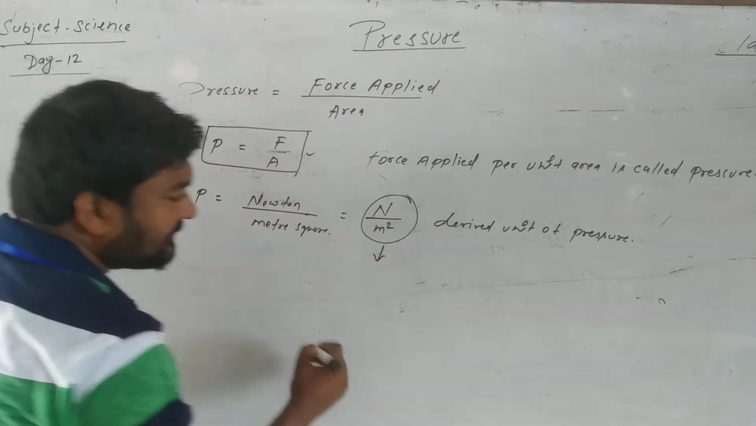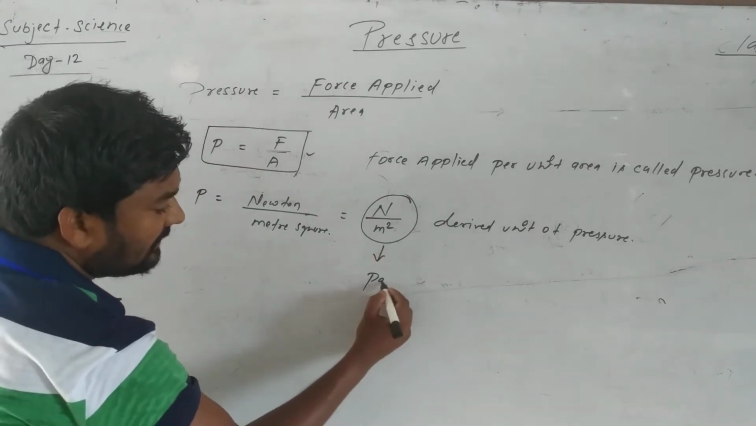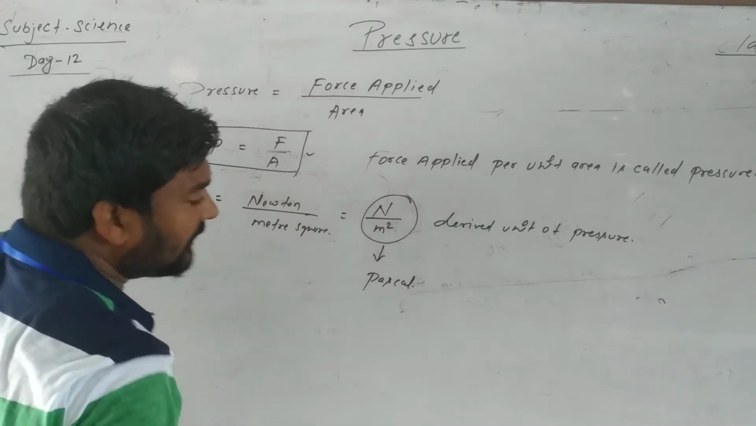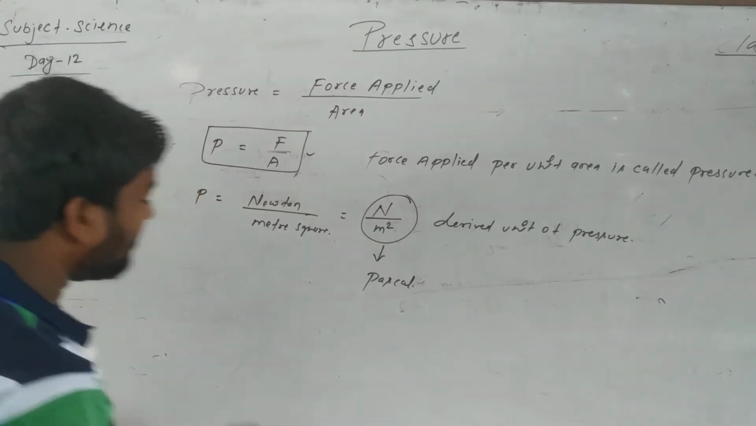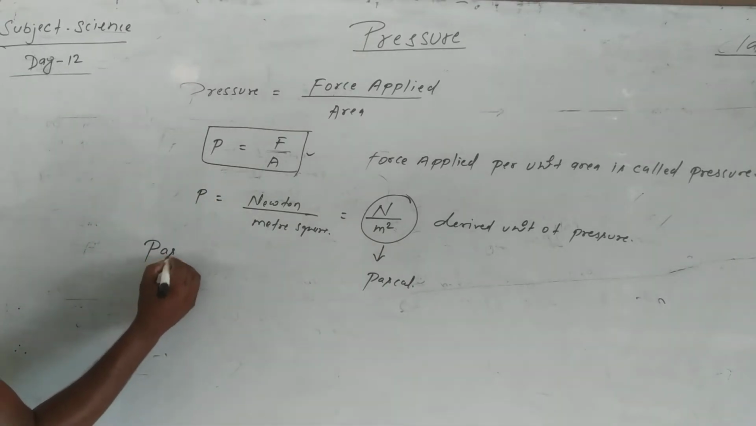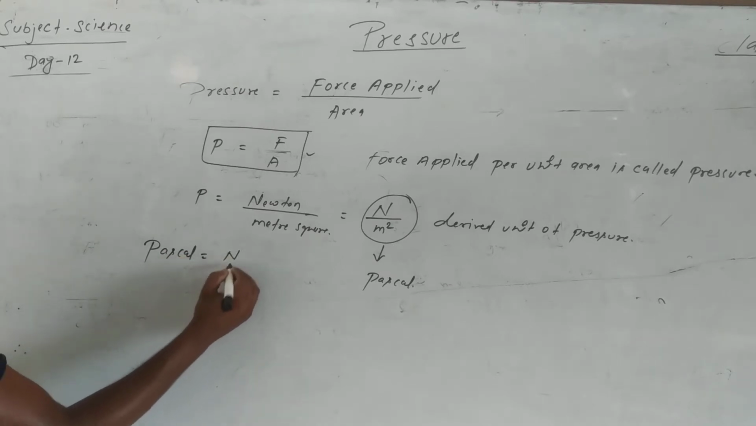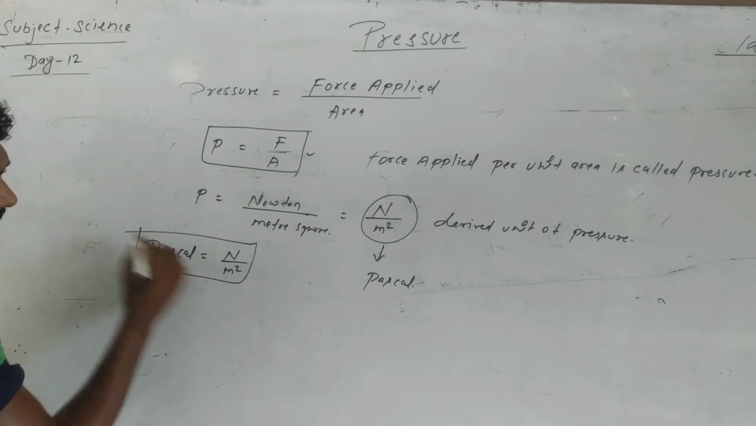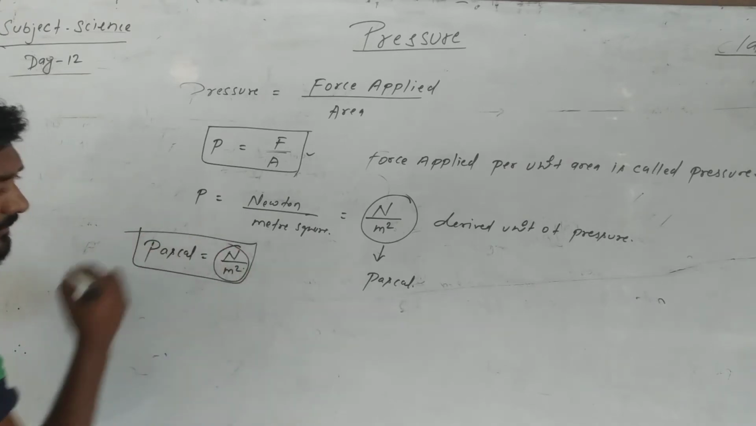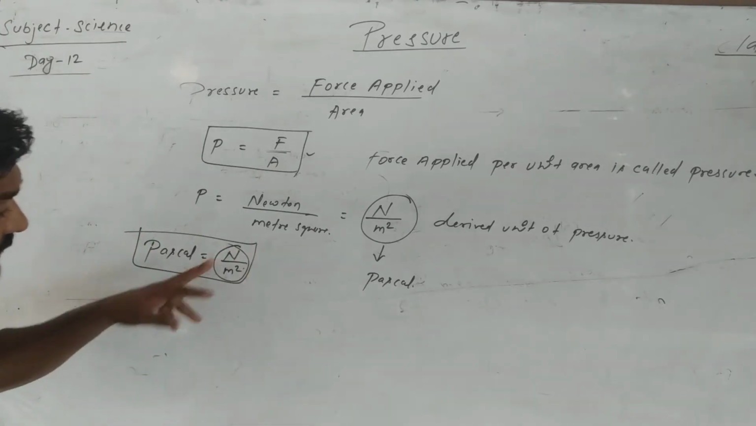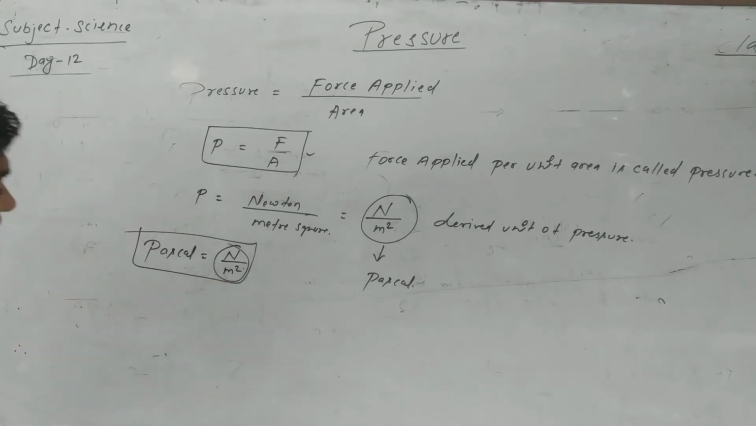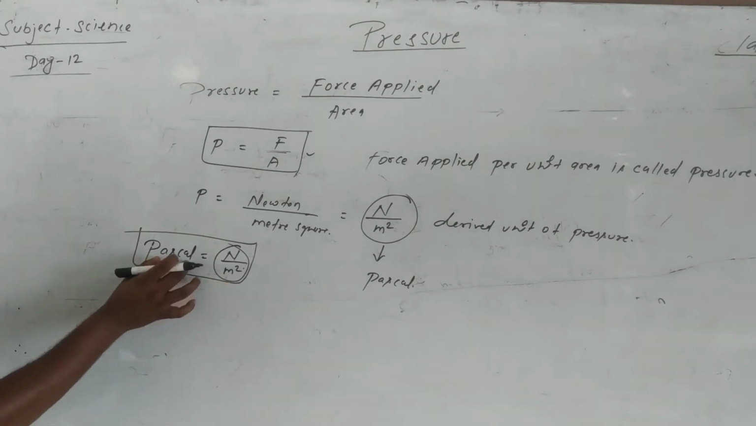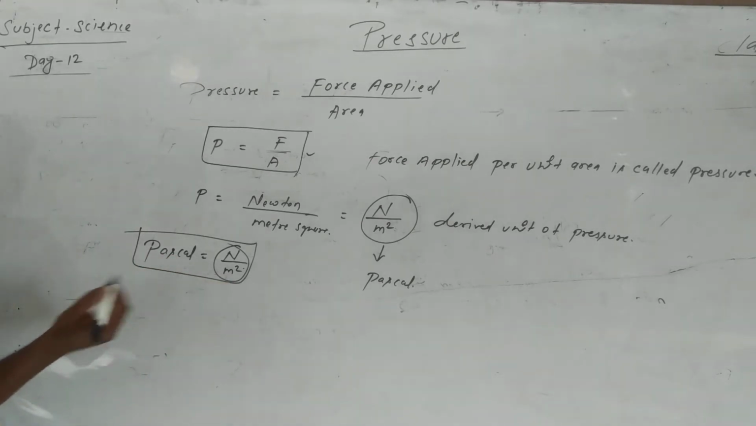It is also known as Pascal. Pascal means Newton per meter square. This Newton per meter square is the derived unit, and the SI unit is Pascal. So if anybody asks you,